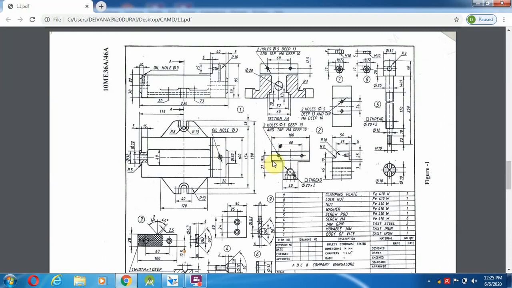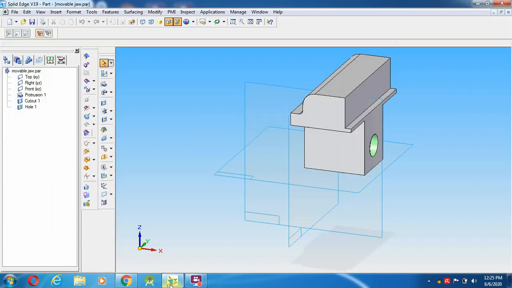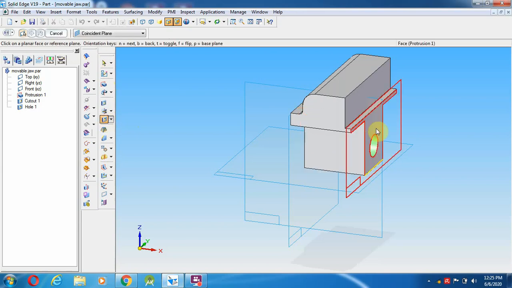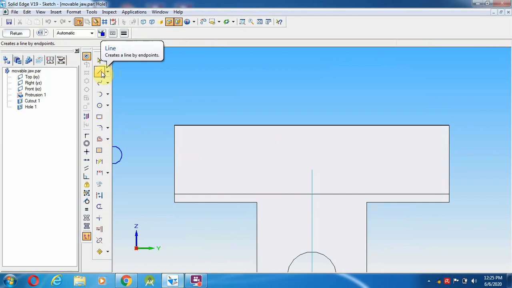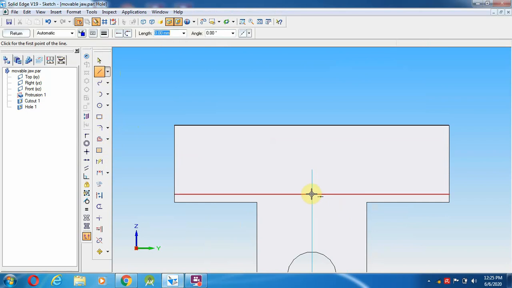So that you can select, from here to 15.5 mm height. So go over here, select the hole option, select the front view. This is the front view. From this middle center to 15.5 mm.